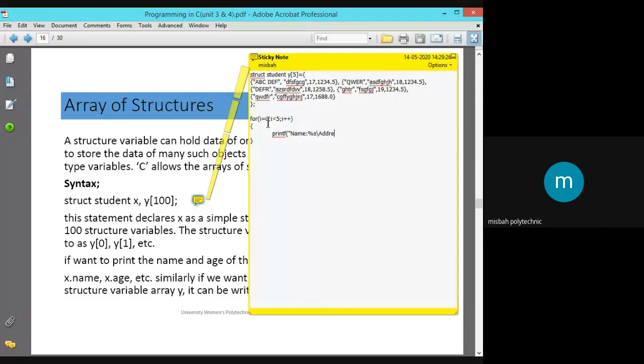Address. Address percent s. Again new line. Then we have to print what, age percent d, and again new line. Then fees, colon percent f was specified as floating point value. Okay. So this is the